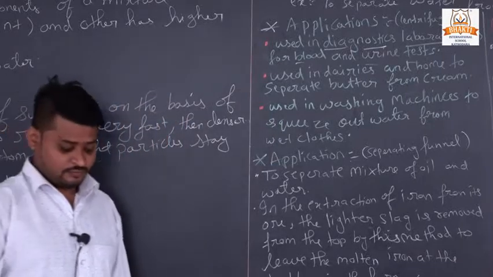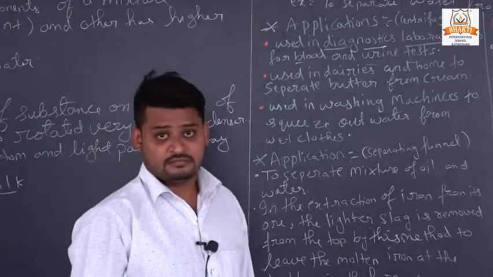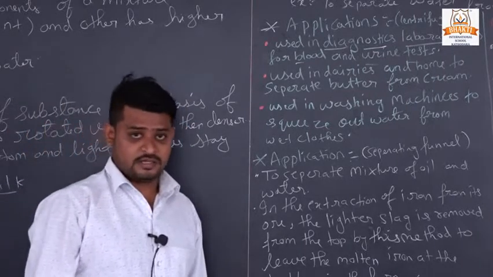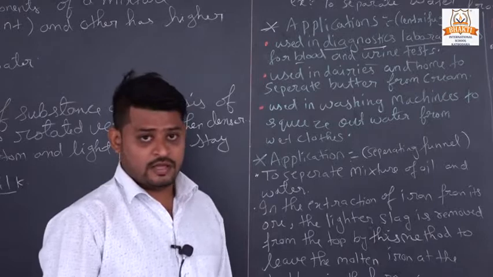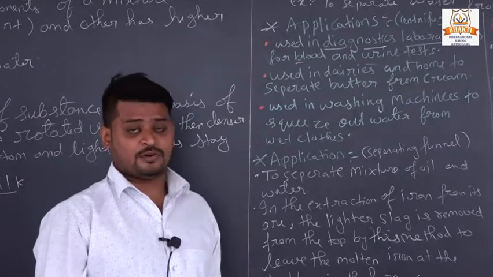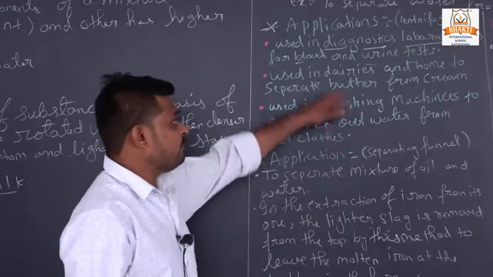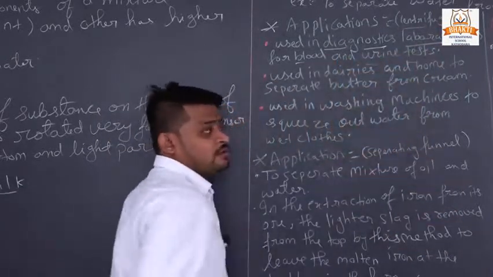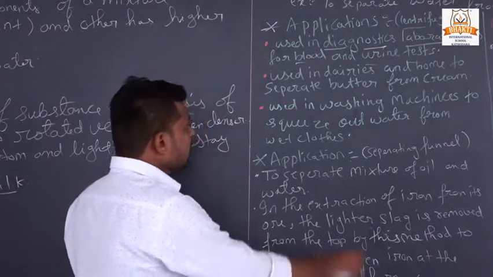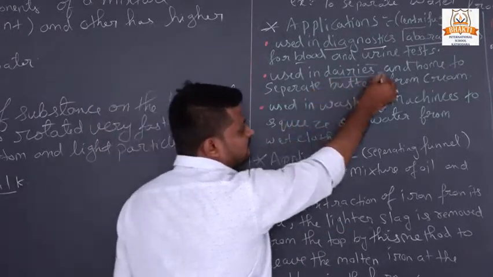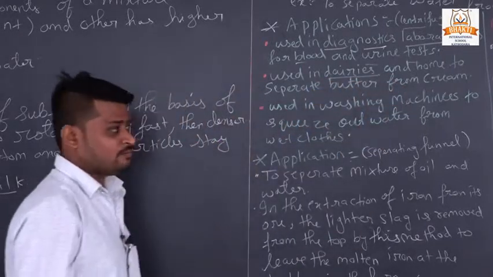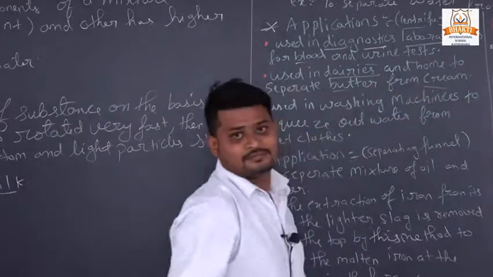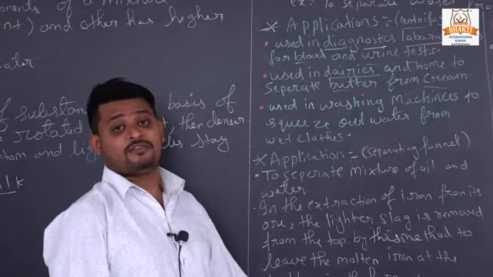When we fall sick, we get our blood test and urine test done. When they go to laboratories for checking, they use the centrifugation method for our blood and urine tests. It is also used in dairies and at our home, for what? To separate butter from cream, cream from milk,